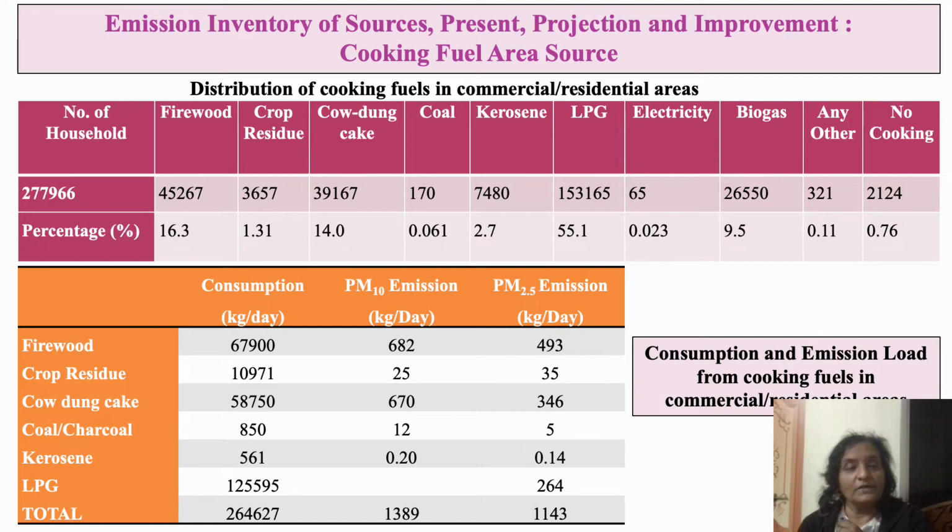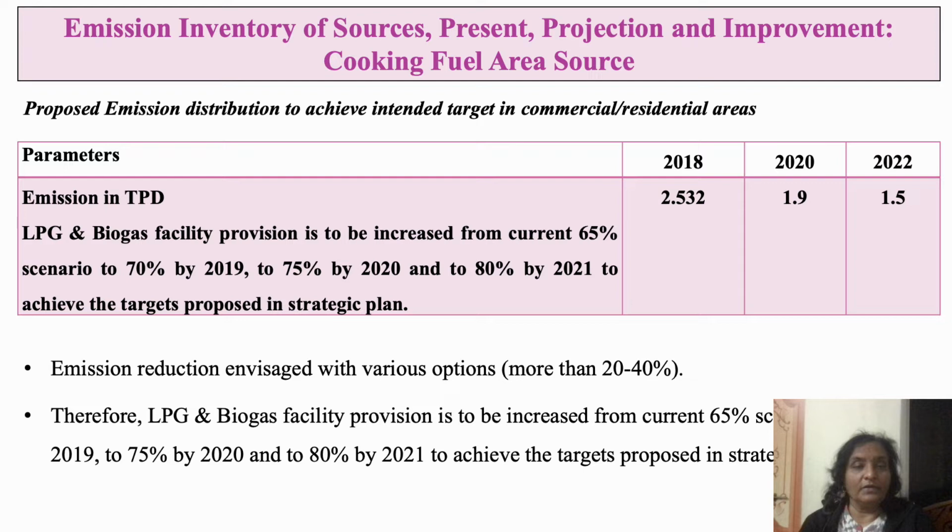Now here, based on the number of households and the survey, we have seen the distribution of fuel that is used for cooking at commercial and residential areas, and based on the consumption, the PM10 and the PM2.5 emissions have been estimated. Similarly, for cooking fuel, we have seen that the projected emissions can be reduced to a certain extent